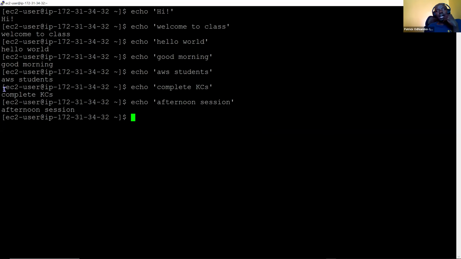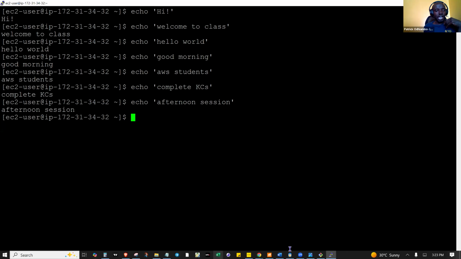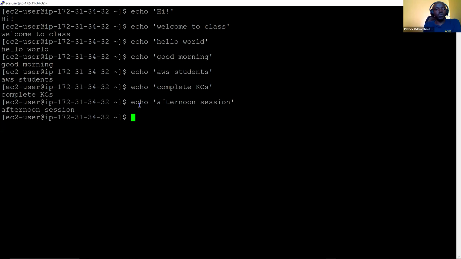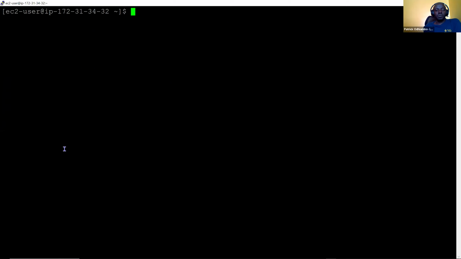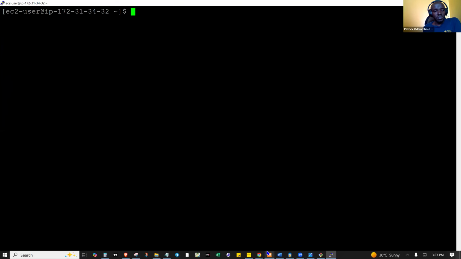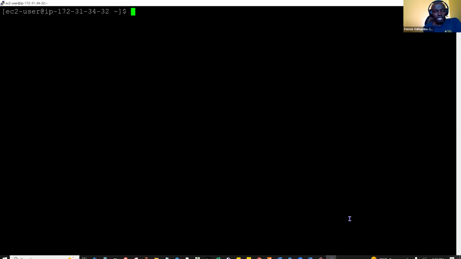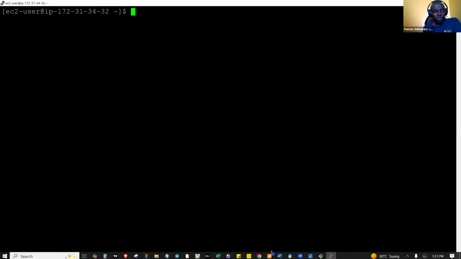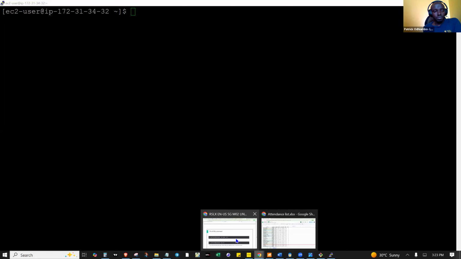Just seeing how many examples we've used, it shows it is one of those commands that I like. It comes second after clear, of which you can just do clear here. And you see what has happened. Clear is like the duster we used to use to wipe the blackboard back in the day. So I am looking for my notes again. Yeah, it's this one.